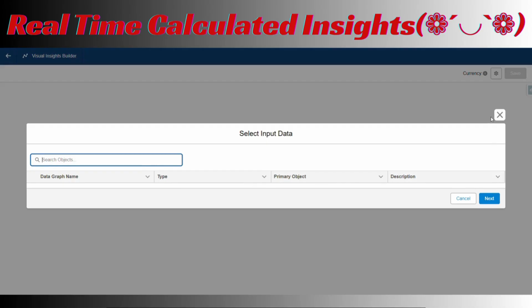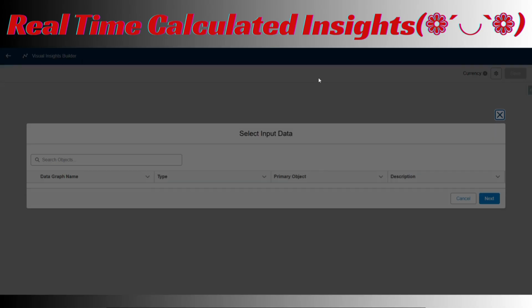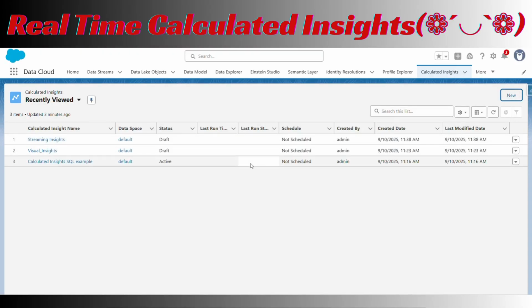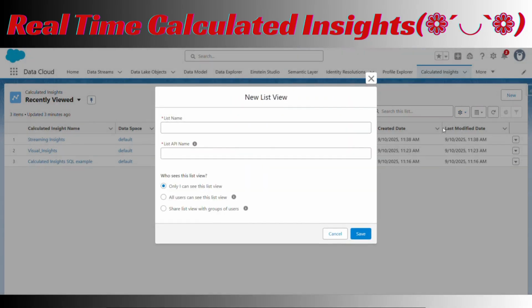Calculated insights give you the historic data, streaming insights give you approximately a 6 to 7 minute difference from real time, but in real time there is only a milliseconds difference. If we create our insights using real time, we can use only visual insights, because there is no option for SQL insights.